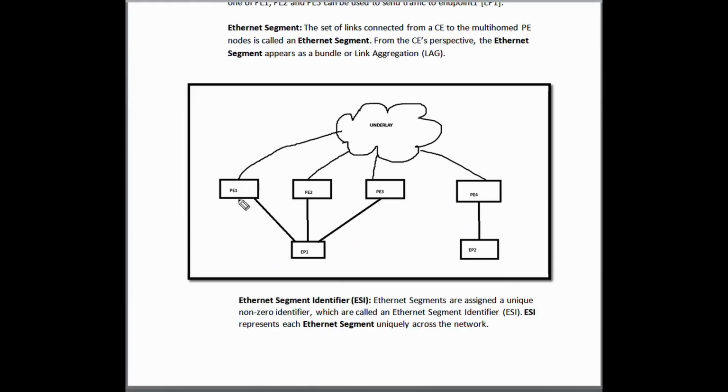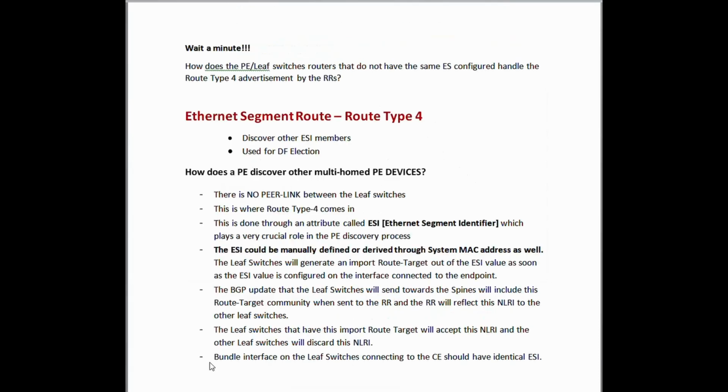So each of these leaf switches or PE devices would have a unique ESI or Ethernet segment value configured on the link connected towards the endpoint. For example, if we configure the link connected to EP1 with a value of 100, likewise on this link we give it a value of 100, and the same on PE3. So based on this Ethernet segment identifier or Ethernet segment value, the leaf switches will generate a unique import route